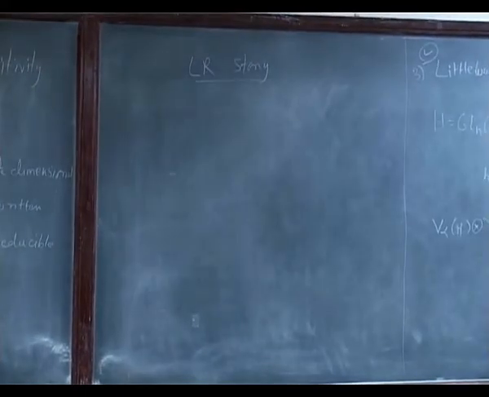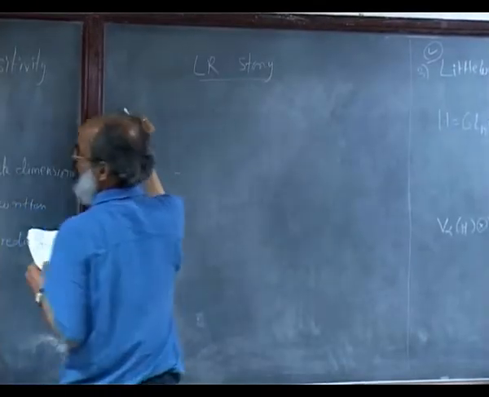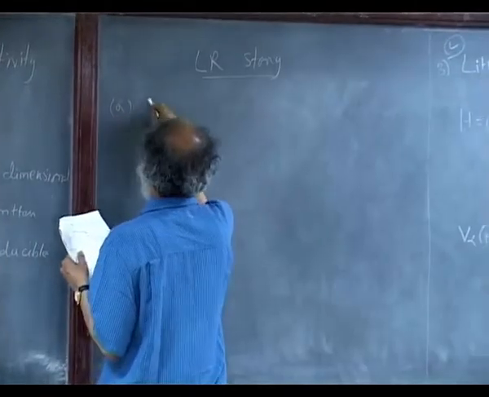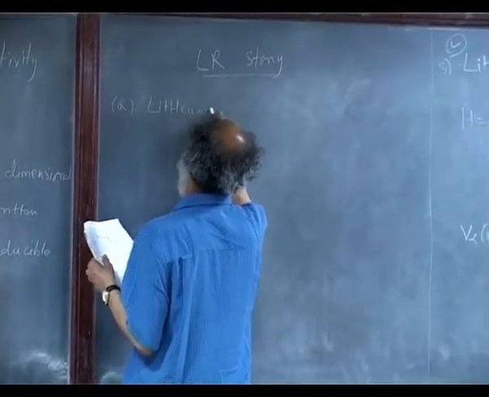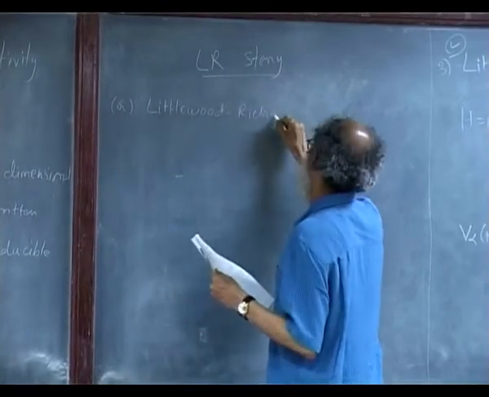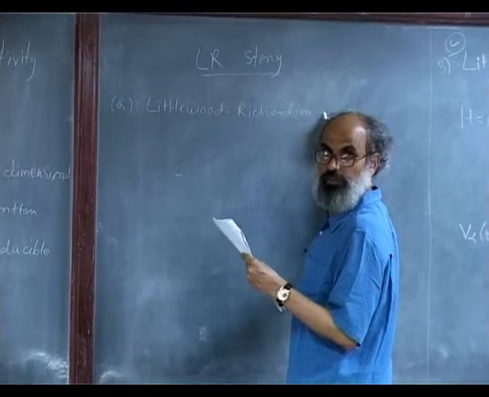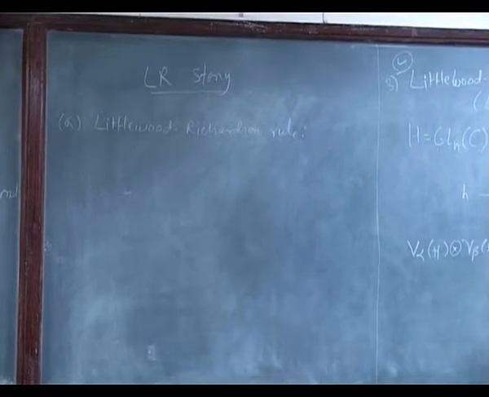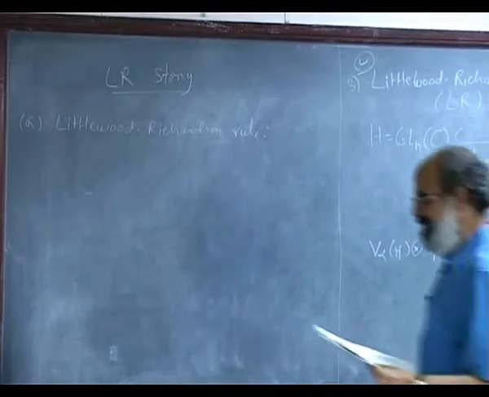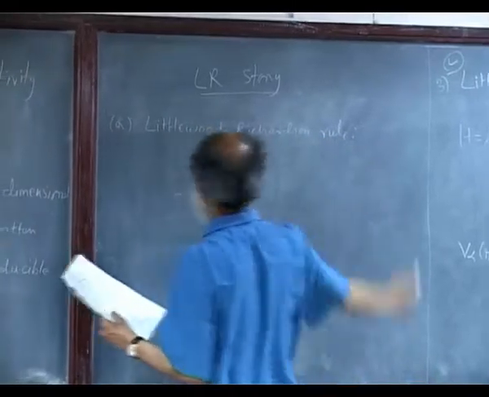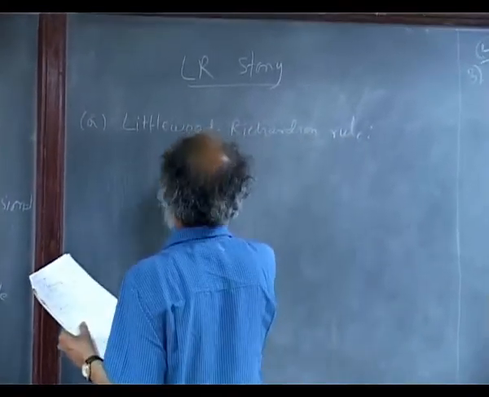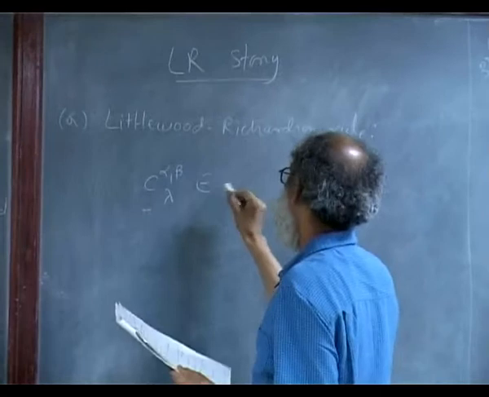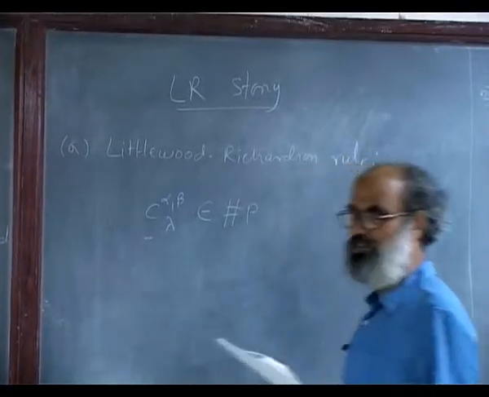So the first problem is a good formula, and that is known. That good formula is the Littlewood-Richardson rule. So everybody probably knows this. This was done in the course? No? Only SL2 was done. Okay. So the classical Littlewood-Richardson rule, what it says in complexity theory lingo is that this belongs to the complexity class #P. I will state in a moment what it means.